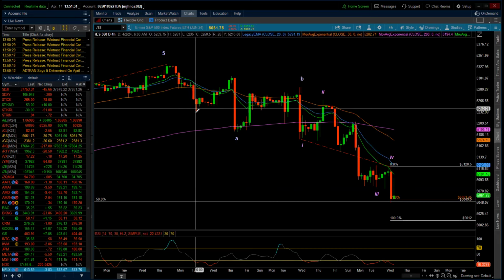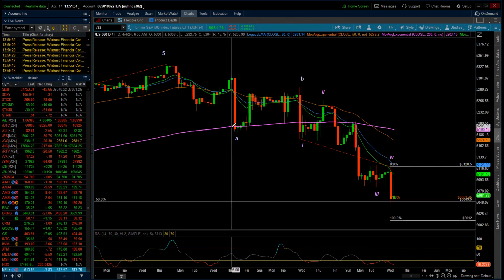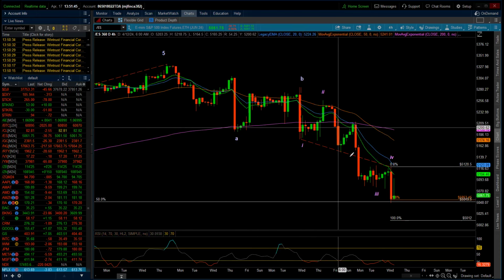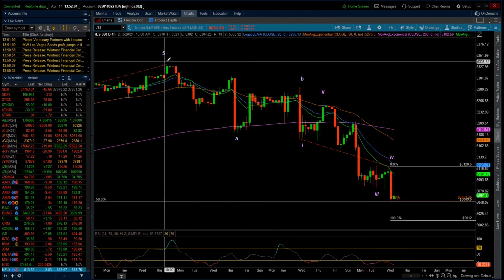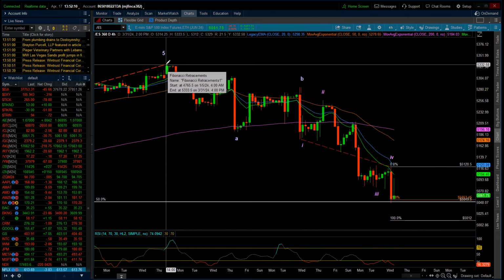So what do I do? 1, 2, 1, 2. Okay. 1, maybe see 2. That one I probably can get away with. And then what is this? 1, 2, 3, 4, 5, 3. Then it's going to work. But that put wall still stays in place. At least the breaking of the put wall would not really upset a count, so to speak. If we're really counting that completion point here, instead of a minor 3, it's a minor 5, and then all the way up. I know I'm flipping back and forth,